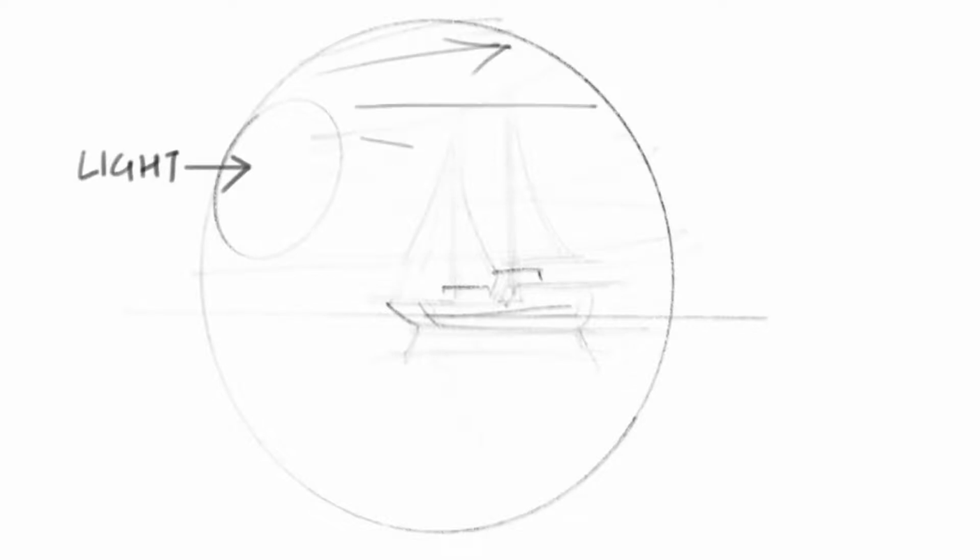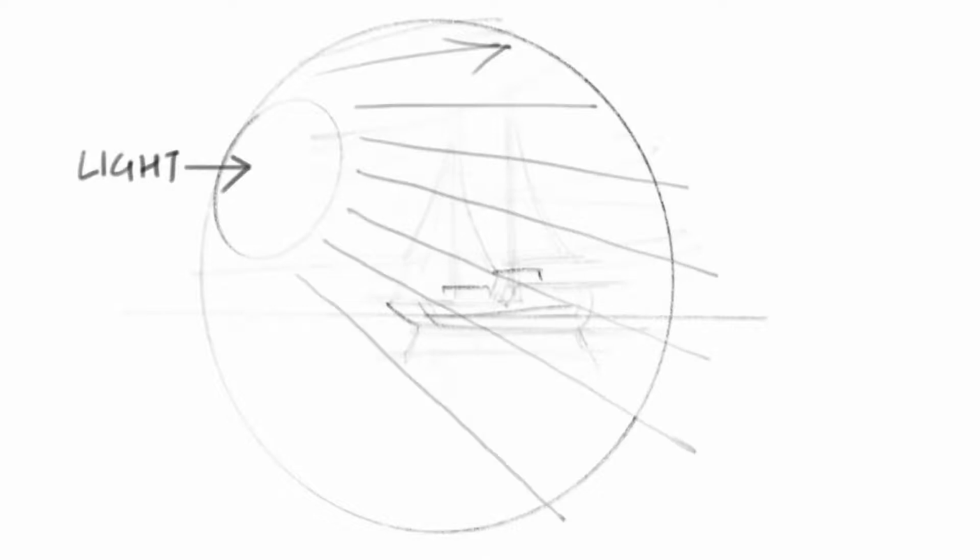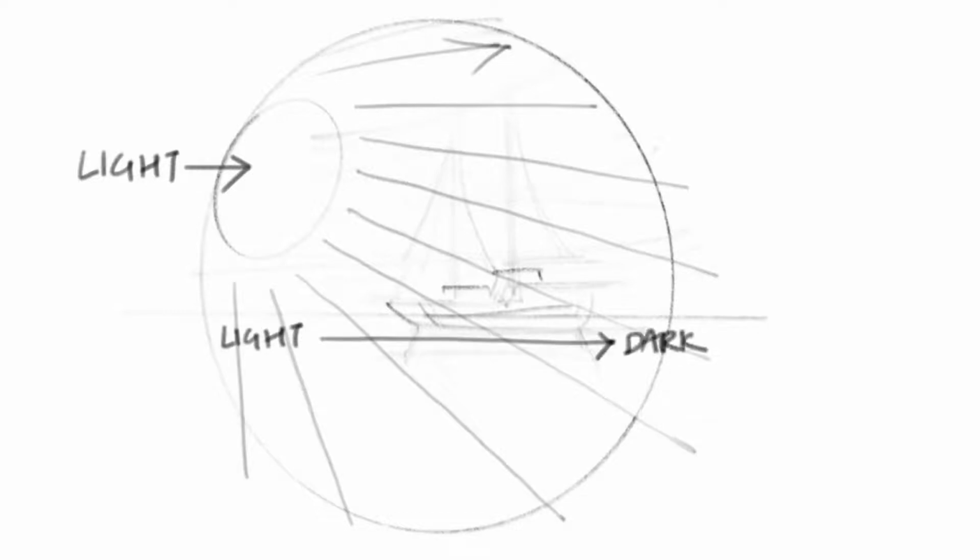So basically shading is a tool to show the shadows and the texture of a surface so that there's a sense of depth to a picture. Now as I've assumed the light source on the top left corner, these arrows show the radial direction where my light is going. So basically I'll be shading here from left to right, which is light to dark.